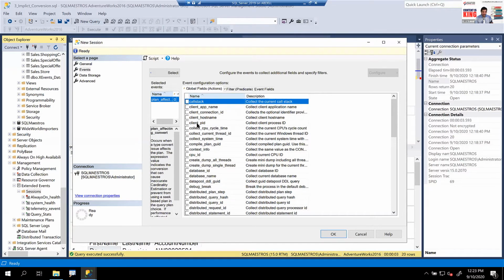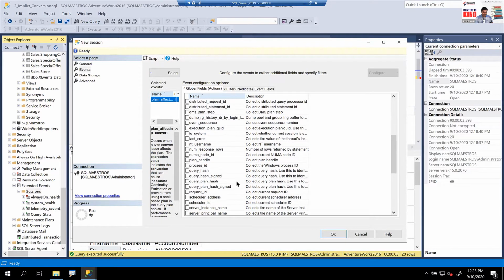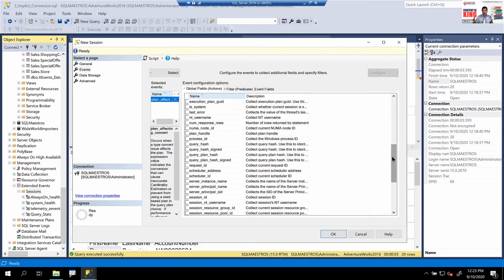What I want to do is probably take a database name as an additional field. And look at this, we have query plan hash, query hash, some of these. Do you also want to capture the query plan completely, the hash values? Well, you may want to do that later from the plan cache. When you run extended events and try to capture a lot of this information, I know for sure that trying to capture the query plan with every execution might have a little performance impact on your server. So be very careful on the choices of the fields that you take here.